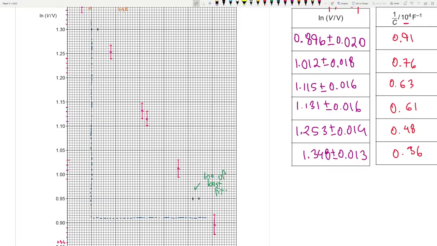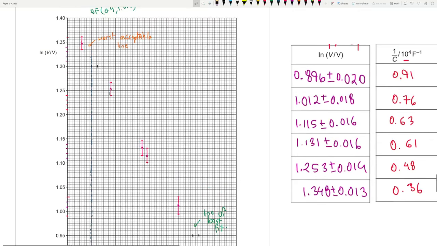So one goes up to 1.131, and the other one goes to, let's do the math, 1.115 minus 0.016, which is 1.099, which is basically 1.10. So yeah, and as you can see, the rest are drawn, 1.253 at 0.48 and